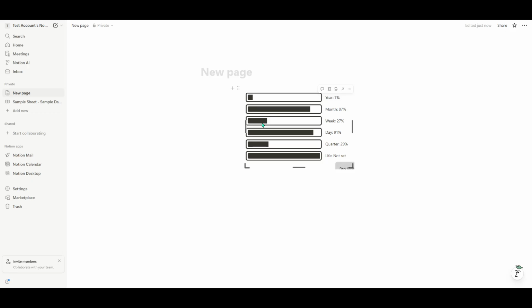And that's really all there is to it. Find a widget you like, copy its embed link, use /embed in Notion, paste, and you're done. As you explore, keep accessibility and performance in mind. Don't overload a single page with too many live widgets, and pick designs with good contrast so they're easy to read. Once you get comfortable, you can curate a dashboard that looks great and